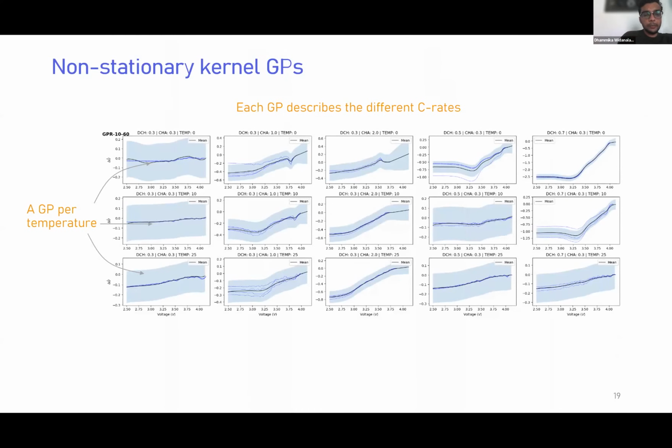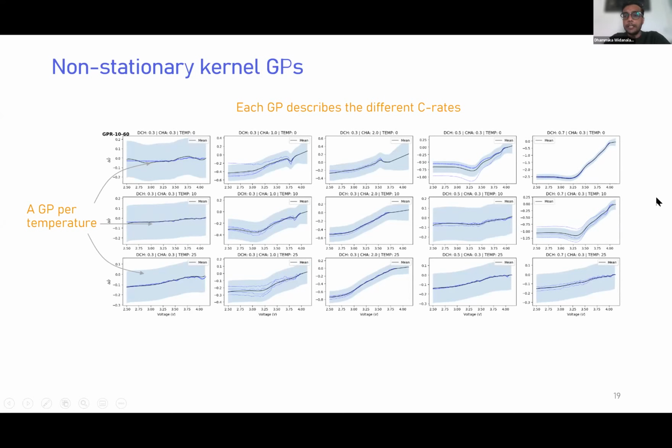So this is the work that's still in progress. We've got a few more steps to go, but what's encouraging at the moment is that we are able to explain that behavior, this delta Q curve, at different temperatures. So what you're seeing here are the three different temperatures of this delta Q curve: 0, 10, and 25 degrees Celsius.